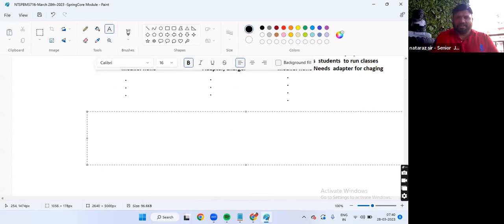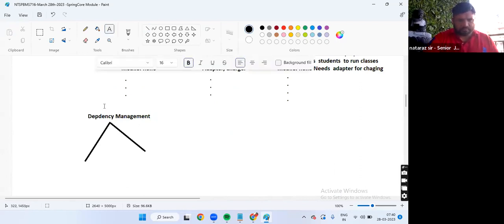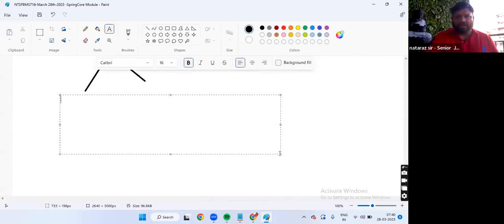Super boss. Now tell me, dependency management can be done in two ways, guys. Dependency management can be done in two ways. Number one, dependency lookup. Yeah, can you come out of that mood? Can you concentrate on further? Still, people are giving person needs heart, heart needs blood. Super, super. Okay. I'm really happy you are involved. Please come out of that.